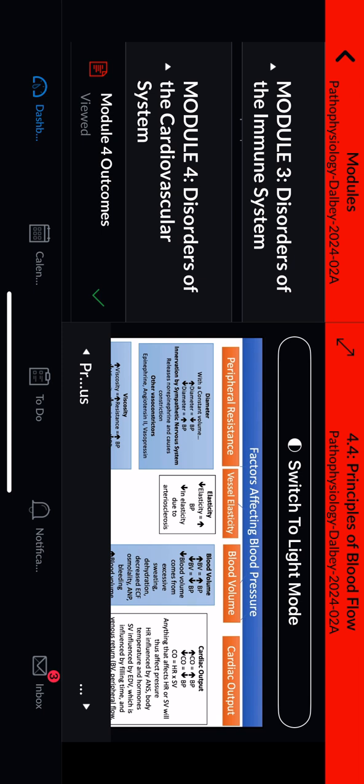I've laid out this chart to allow us to see factors that affect blood pressure because there are many. There are the four main ones that we can see up at the top: resistance, elasticity, blood volume, and cardiac output. But if we look under each of these, there are numerous factors that can influence our blood pressure as well. So for instance, with diameter,